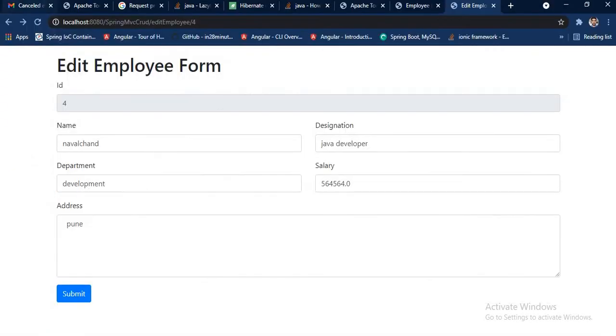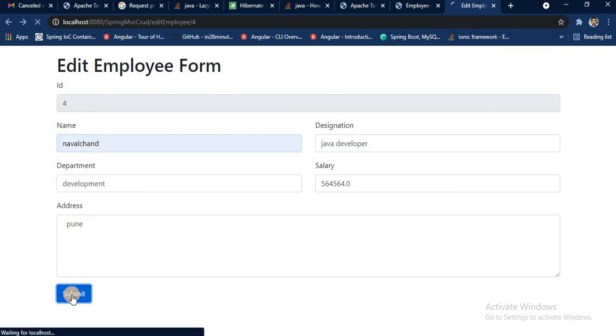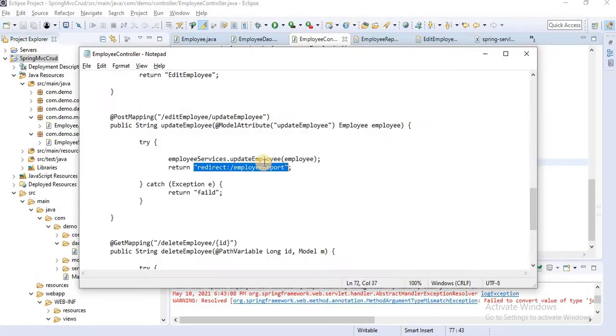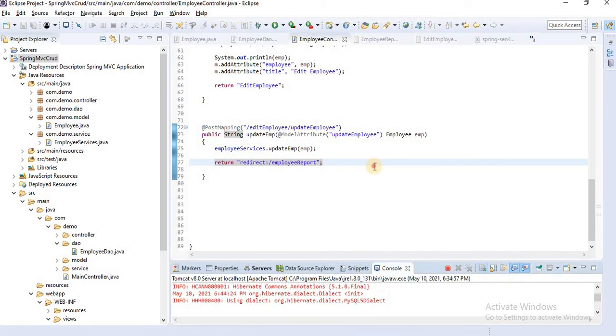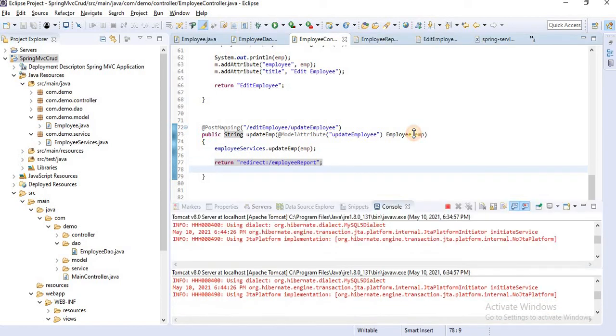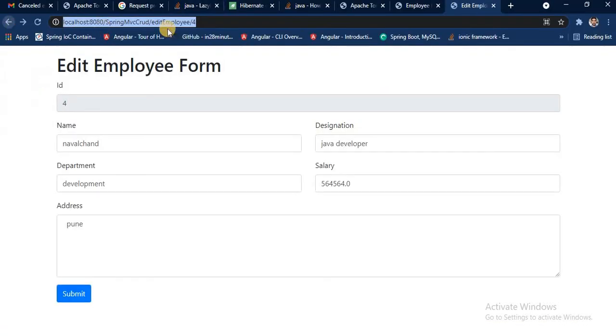Okay, let's go to the browser again, refresh, change the name, submit. Again we did the same thing. Let's try one more time, it should work this time.